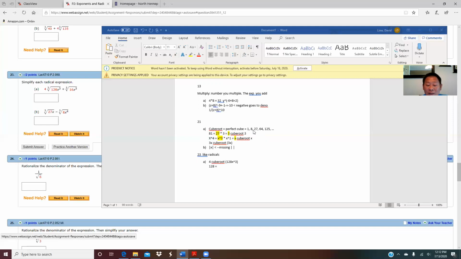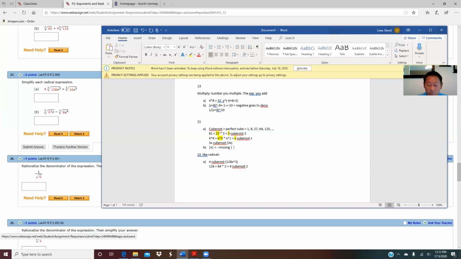So when you look at how you break this down, you pick the biggest perfect cube here. The reason why is because if you pick the smaller one like 8, you have to redo it again. You have to do a couple of steps, which is a bit more work. So it's better to keep going down the list and pick the biggest one. In this case, it will be 64 times 2. Right, 64 times 2 is 128. So in this case, 64 is a perfect cube of 4, so you get 4 cube root of